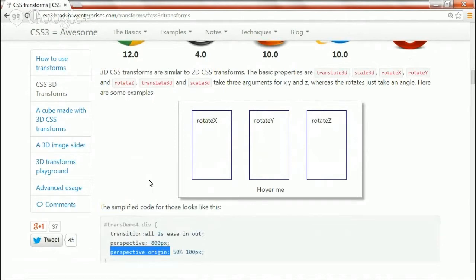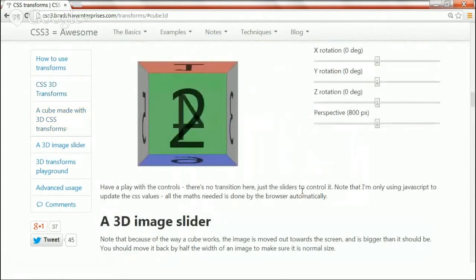Now see an example using these 3D transform properties. Here you can see a 3D cube, and towards the right hand side of the cube we have range sliders to control the rotation towards a particular axis, and also to add a perspective value to the 3D cube animation.